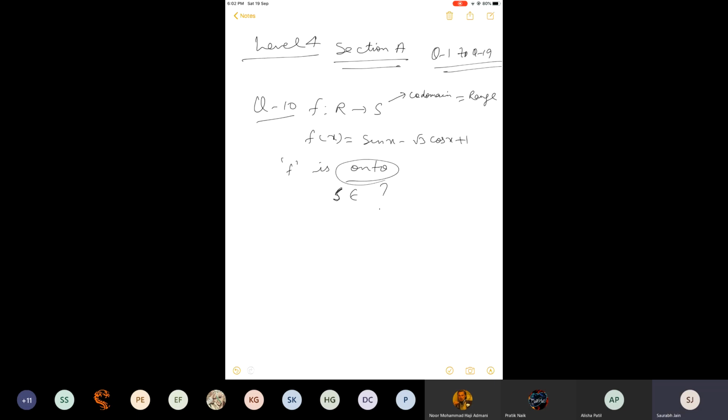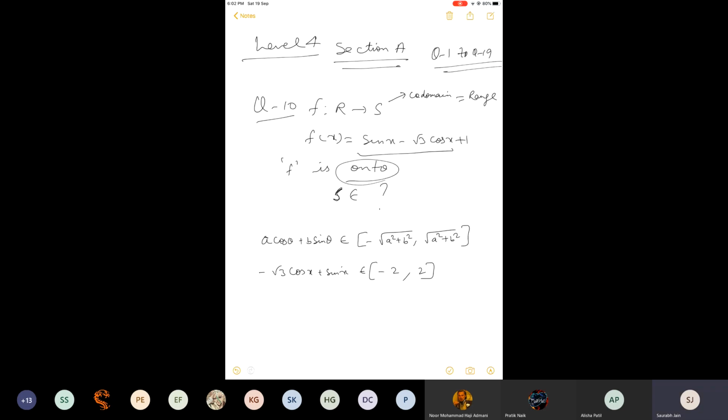Now, this particular question can be solved with the help of a concept studied in class 11 trigonometry, where you might have learned that for a cos theta plus b sin theta, the range is from minus under root a square plus b square to root a square plus b square. On the basis of that, I will first find the range of minus root 3 cos x plus sin x, which are the first two terms of this function, and this will give us minus 2 to 2, because in place of a we will put minus root 3, and its square will become 3.